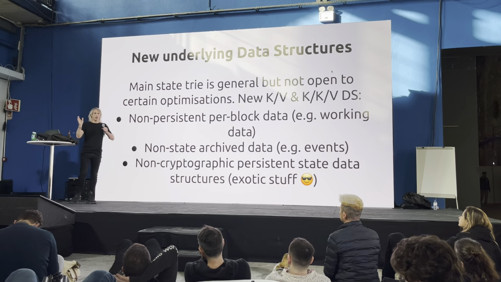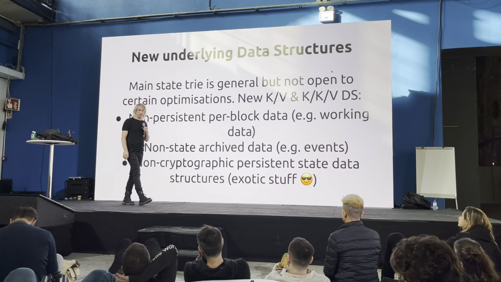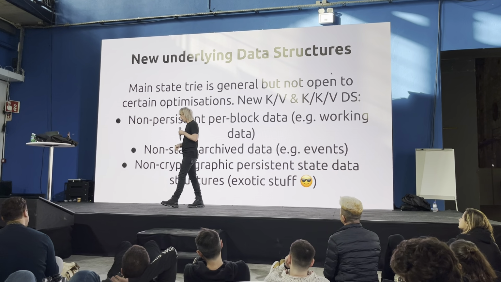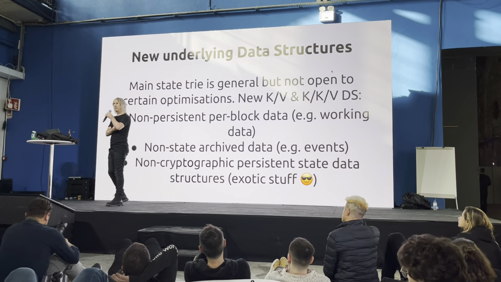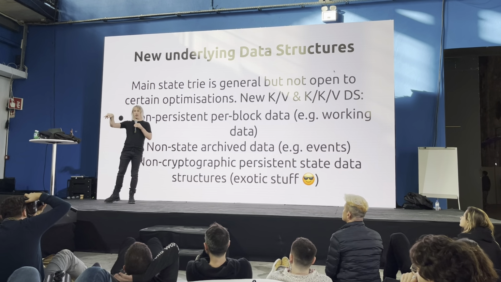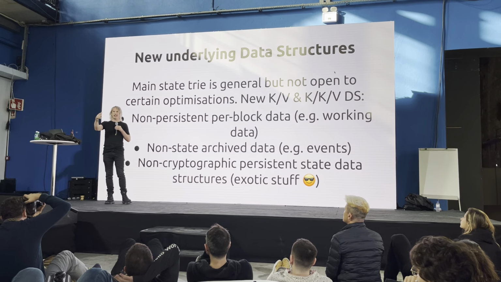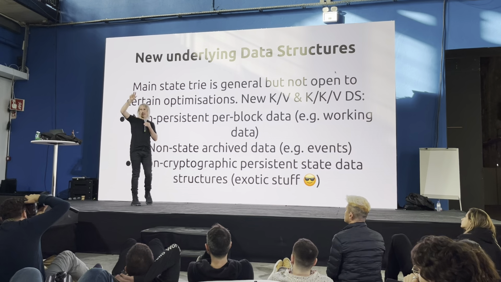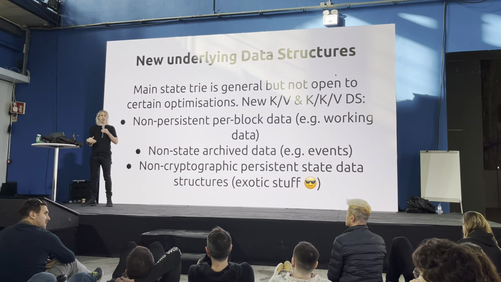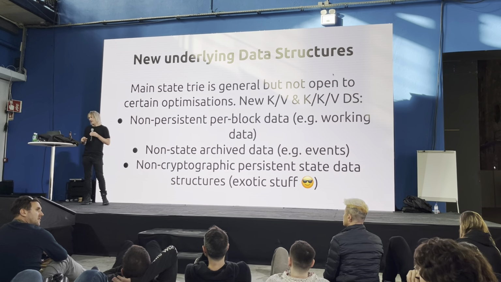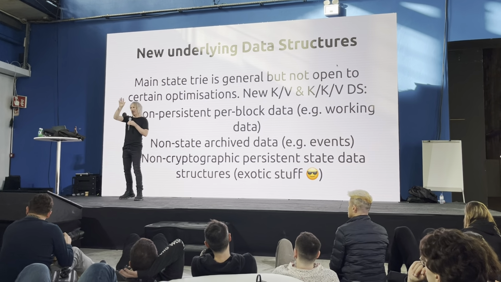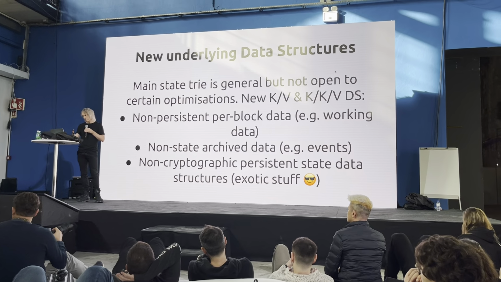This is fine, it's general, right? It works. You can implement what you want to implement. Yeah? If you want a value that only stays around for the period of the block, like for example, we record the block number. Yeah? This is a value that is actually held in storage, but it gets deleted at the end of the block and it gets put in at the beginning of the block. Some of the header data is the same, right? It gets put in at the beginning of the block, it gets deleted at the end of the block. You can implement it using this, you just make sure it gets deleted, right? Sorted. But it's not as fast as it could be, because when you try and read it, it has to do something clever, like go and check in its disk-backed part whether there's something there already.